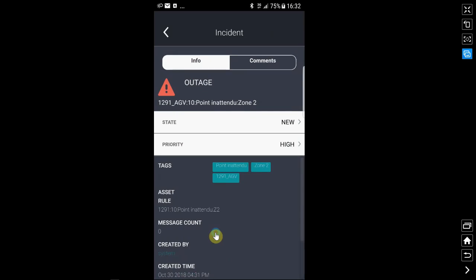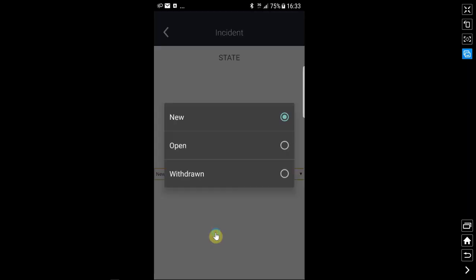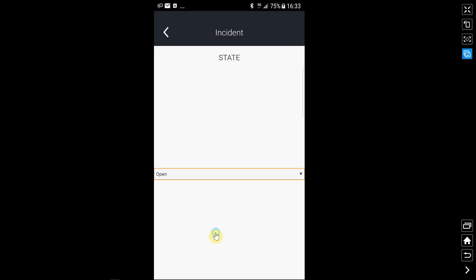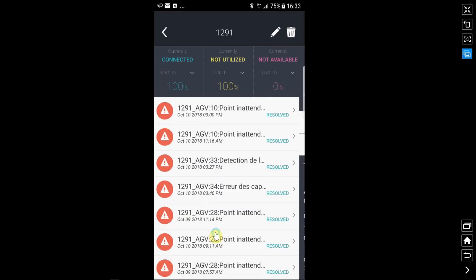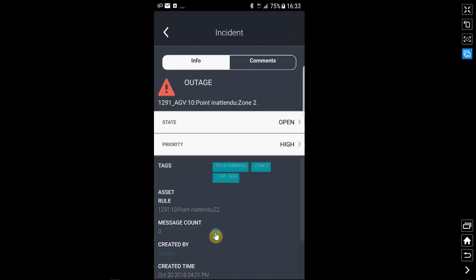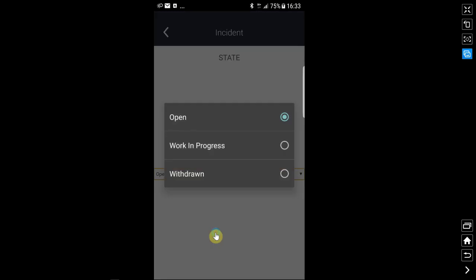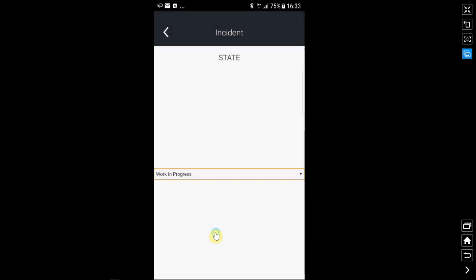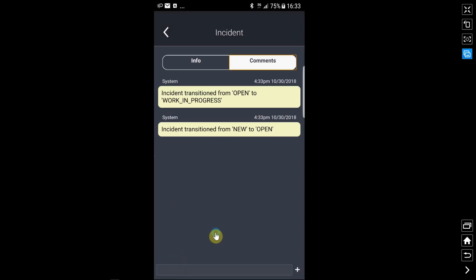So he can decide to go on site and acquire the incident. The incident is open and is assigned to him. The status has been changed from new to open. Now he can be on site and work it out, so it's a work in progress. He will add a comment, noting that we have seen that the status has changed, and saying that